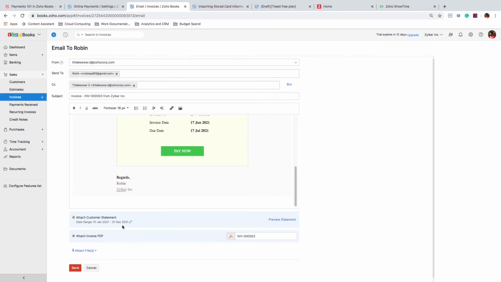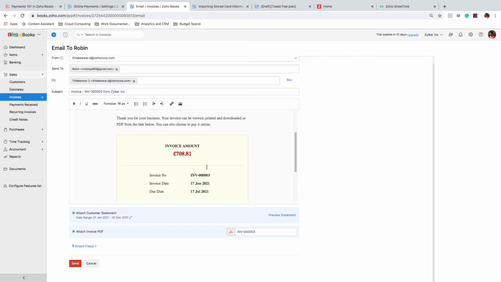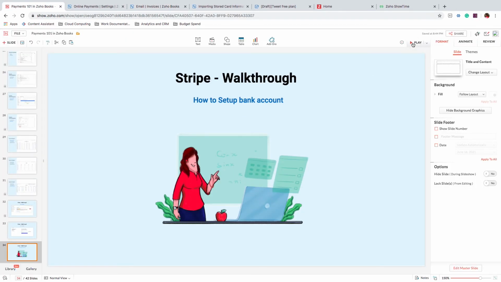You can select the range as well, and then send it to your customer, and your customer will receive this invoice on his email, and can pay you straight out of this by clicking the Pay Now button. Now, after all the transactions that have taken place with Stripe,